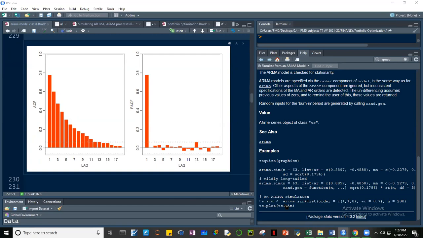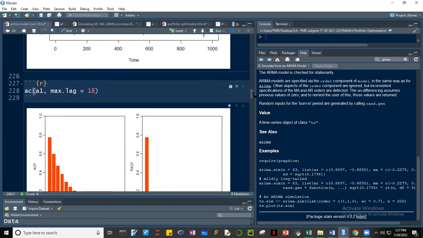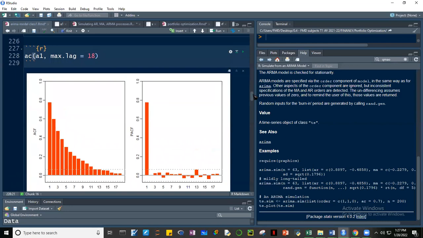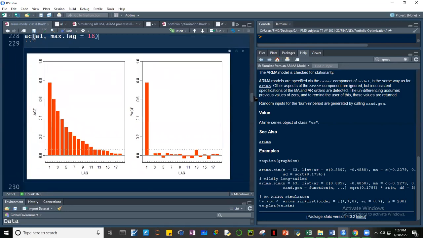Good. Buti naman nag-work na. Okay, so this is better. Yung AC is better than ipa-plot pa natin yung ACF at saka PACF as separate codes. Okay, so